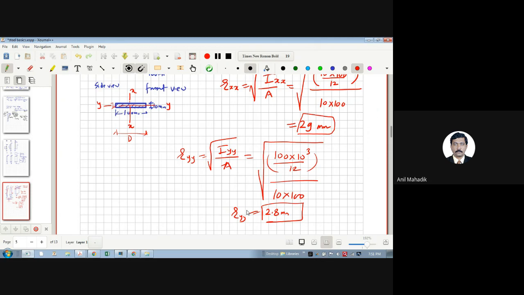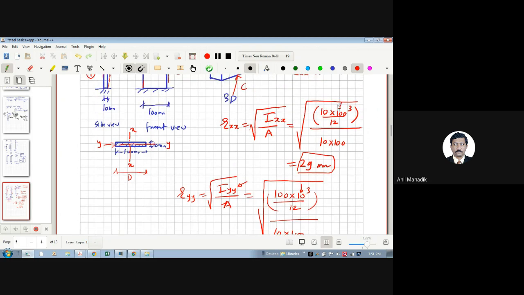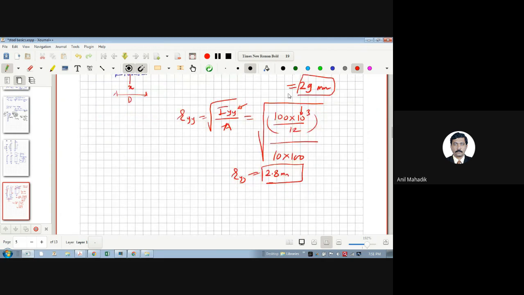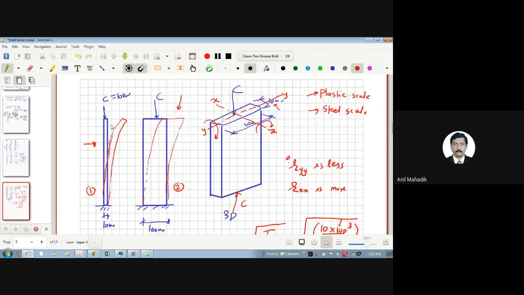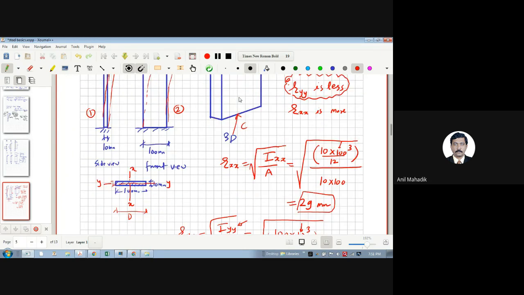Generally RYY is less, in general I'm saying, because the moment of inertia about the y-axis is less. Here you can see IYY is less because this D is very small, whereas here the D is more. So we can say buckling is governed by the minimum R value, because it buckles about the minor axis. Where the dimension is less, or where the R value is less, it buckles there. So ultimately we can conclude that our buckling